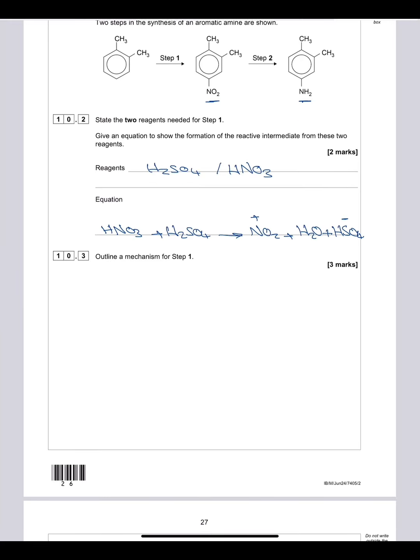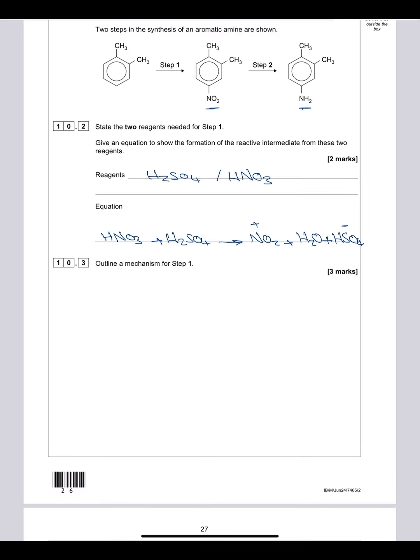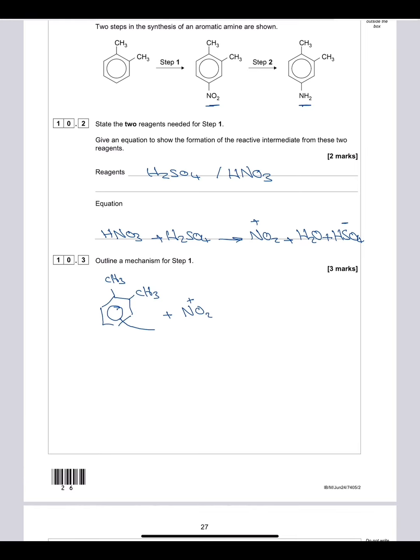Then the third question asks you to outline the mechanism of step one. This reaction has a very common mechanism. You should master this mechanism. So let's start by writing the starting material here. So this is the benzene with the two methyl groups, and then we have the electrophile that is going to attack here. This is the NO2+, and then the reaction starts by the curly arrow coming from